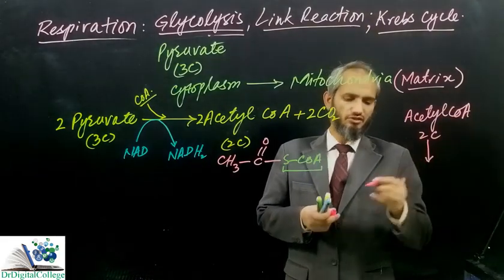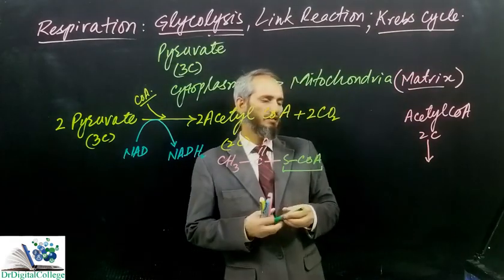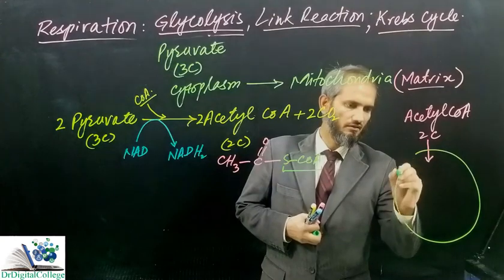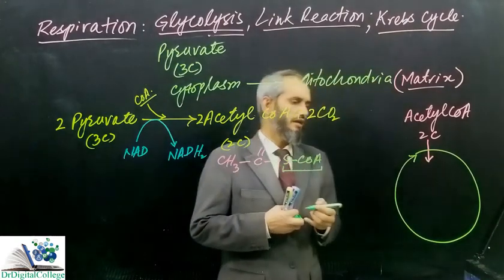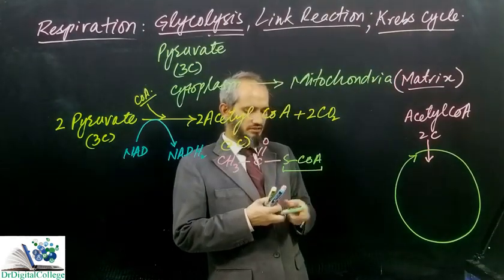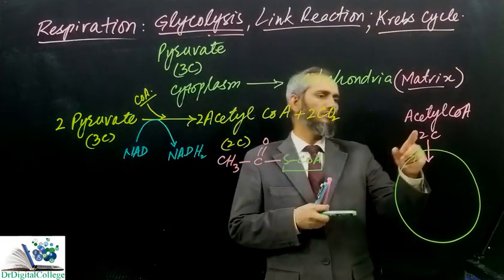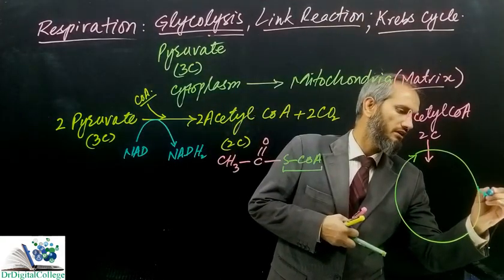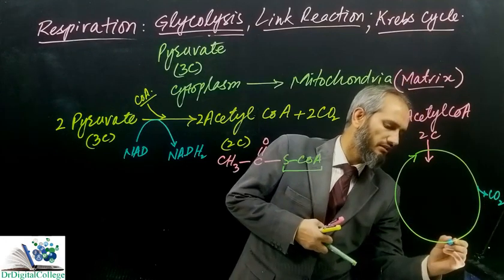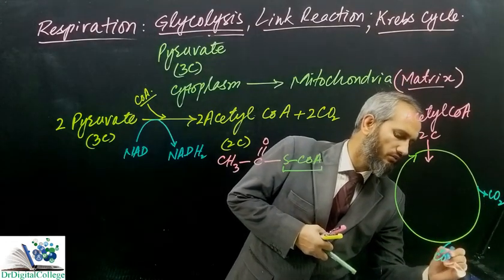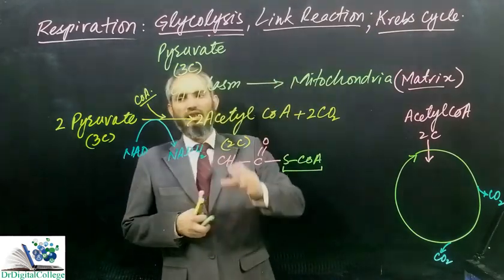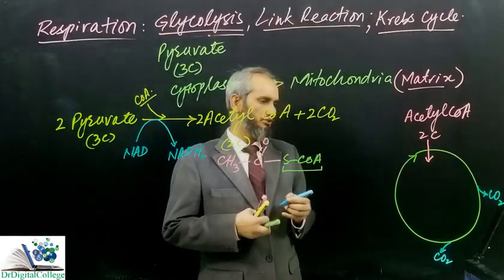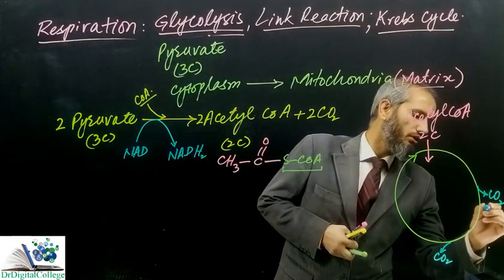It is entering into a cyclic process like this, and during this cyclic process there is the removal of these 2 carbons in the form of carbon dioxide. It is here carbon dioxide and it is here carbon dioxide. Like oxidation of pyruvate, along with the carbon dioxide formation, there is the formation of